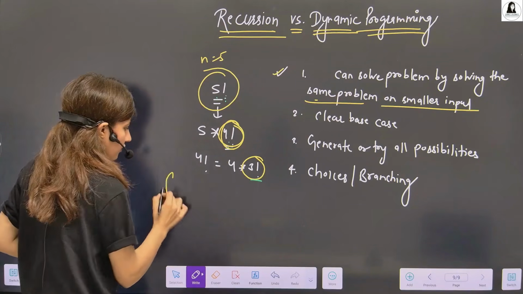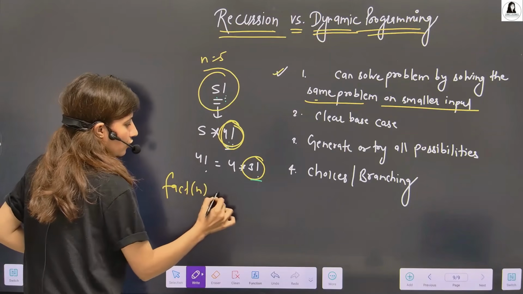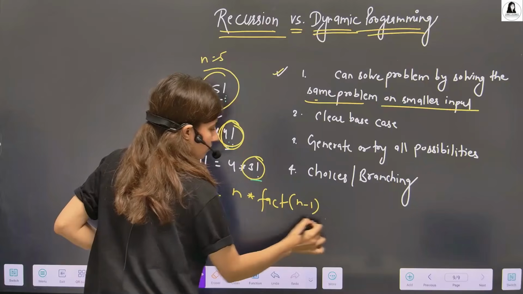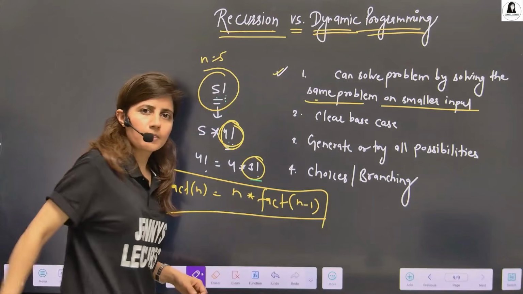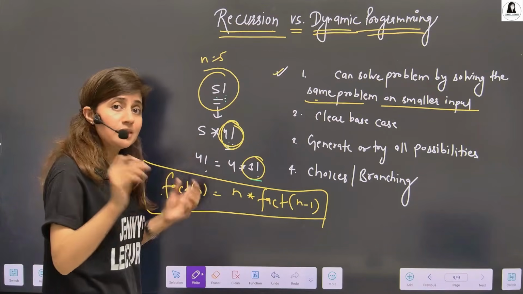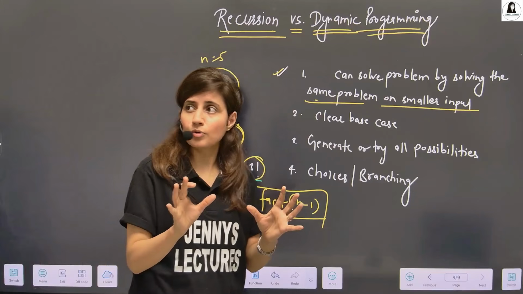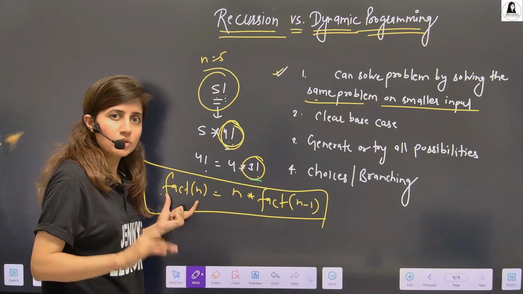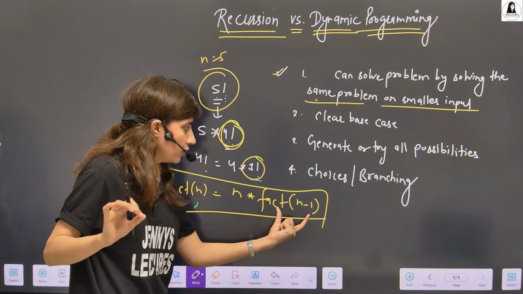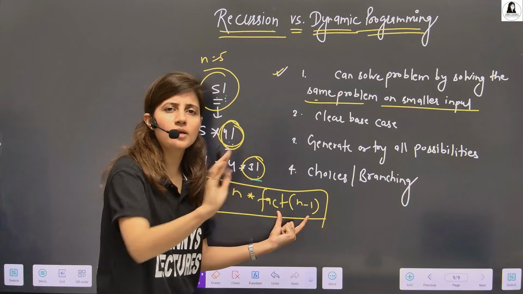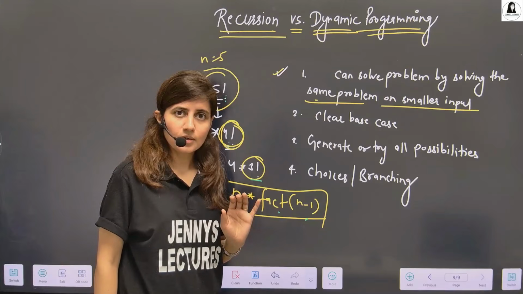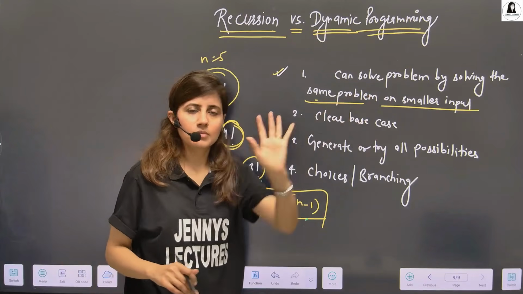So we simply write this function how? Factorial of n is equal to n into fact of n minus 1. Like this we write. The problem is not being changed; you are finding factorial. The factorial of a number you can find by finding the factorial of a smaller number, that is n minus 1, and multiplying this by n. So if this is a hint, it means recursion.